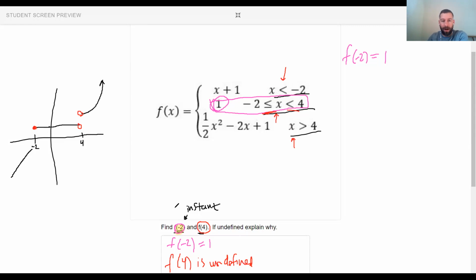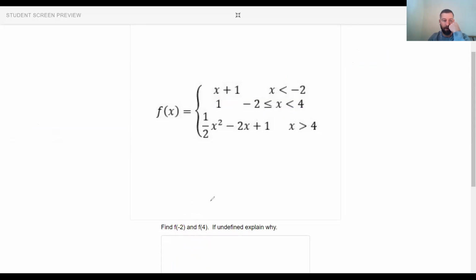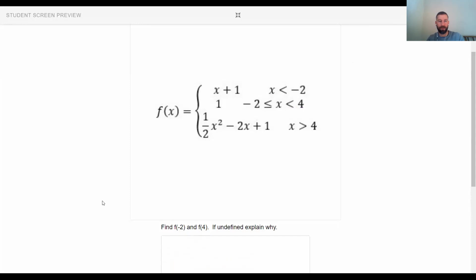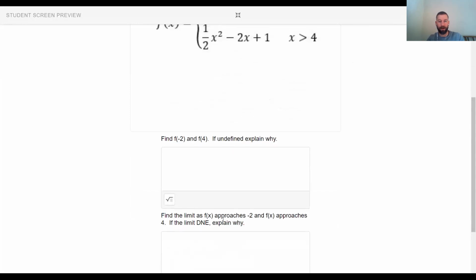Right, and that's kind of what I would have for those first ones. Now I am going to clear my work here because I have to scroll back and forth on a problem like this, which is unfortunate because I have so many good annotations up there. I'm going to clear this, and I'm going to look for, okay, now we're going to be finding the limit